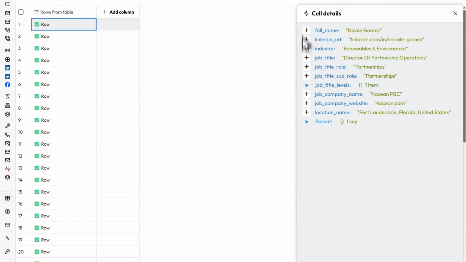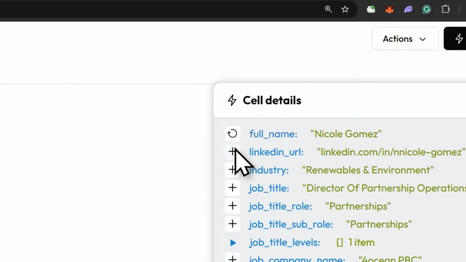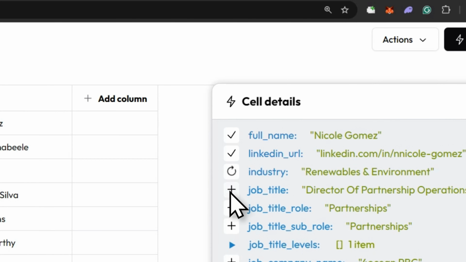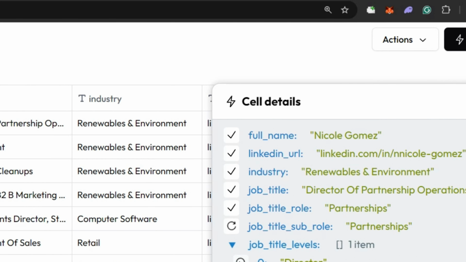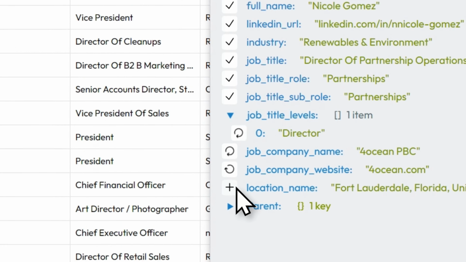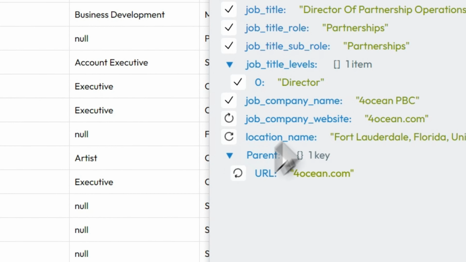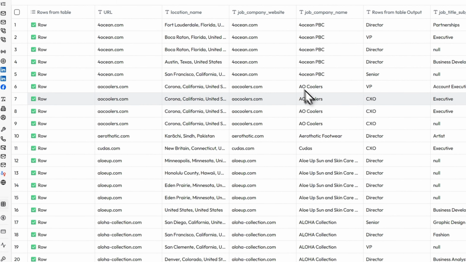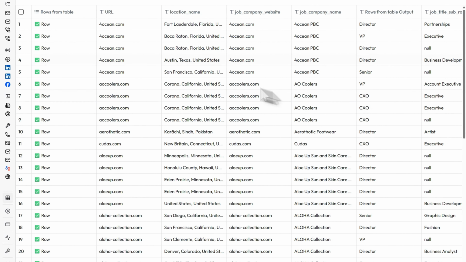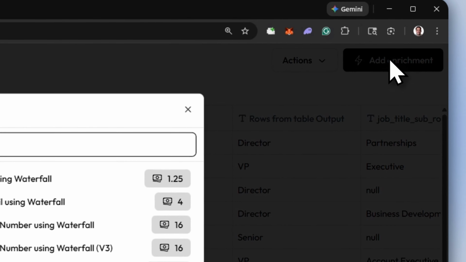So it'll go and automatically create separate columns. So click full name, LinkedIn URL, industry, job title role, job title subrole, director, company name, website, location, and then the website URL. So then now you have it in a perfect tabular structure that allows you to enrich it as you need to. So now all you need to do in the next step is click add enrichment, and